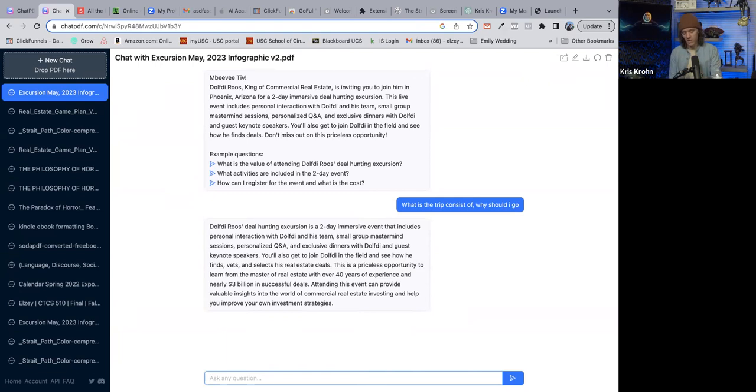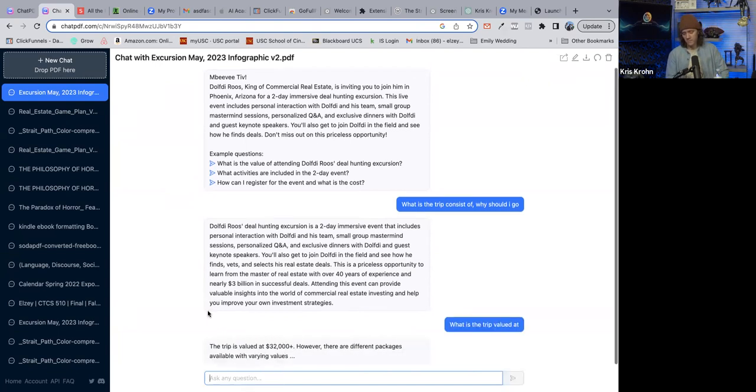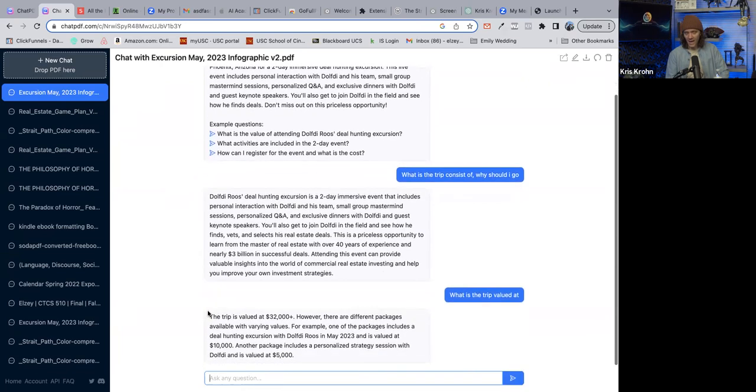But if I wanted to say something like, what is the trip valued at, right? This is from a different part of the document. Boom, it will add all the information and give me an in-depth summary, like it's valued at this, and it's valued at this because it includes all these aspects. So this is so cool because it's not only text in a straightforward kind of chapter format. It will actually take massive amounts of information